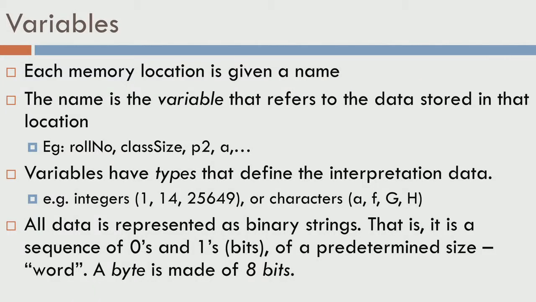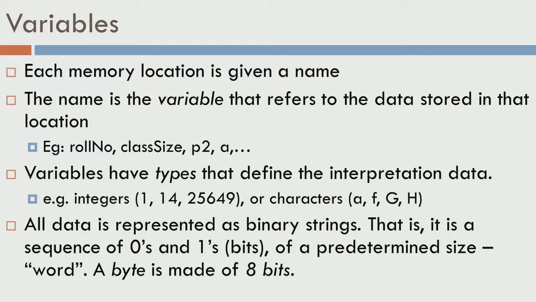We use these 7 variables A, B, C, D, P2, P1, P0, and these are called variables. Every memory location is given a name. If you have a variable, you use a name that you give so that you can remember what it is about, and in turn this variable name is attached to a memory location when you run the program.